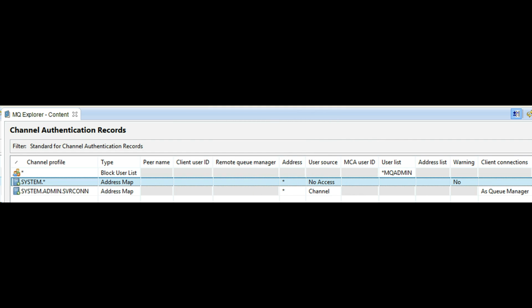When we look at channel authentication records, we see nobody has access to system.default.servercon. But you can use system.admin.servercon to access the queue manager from the MQ Explorer tool only.